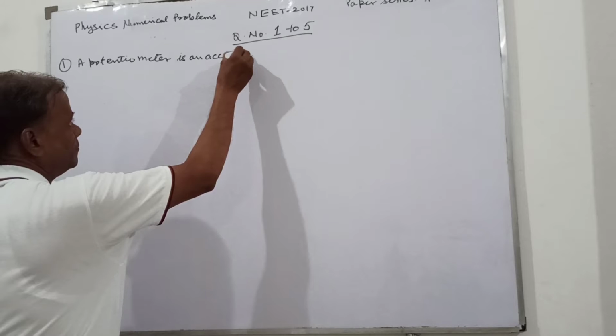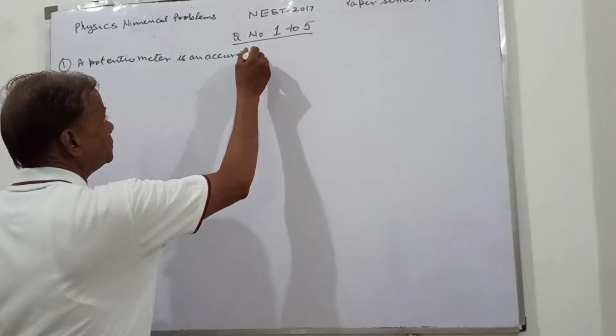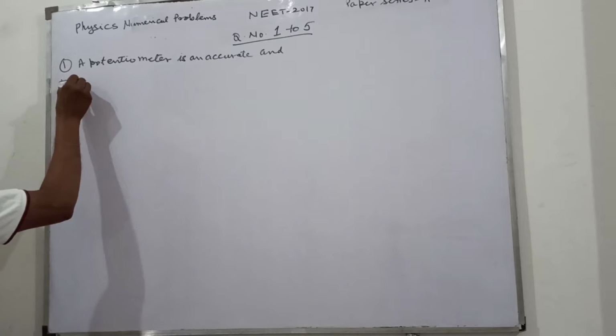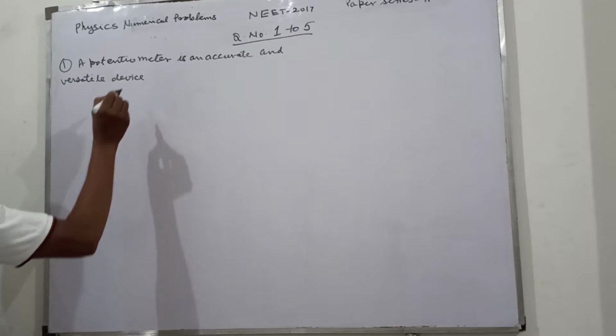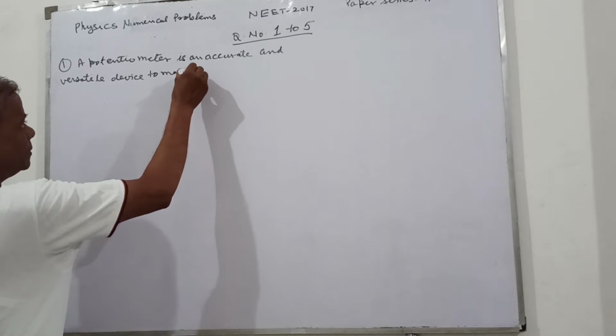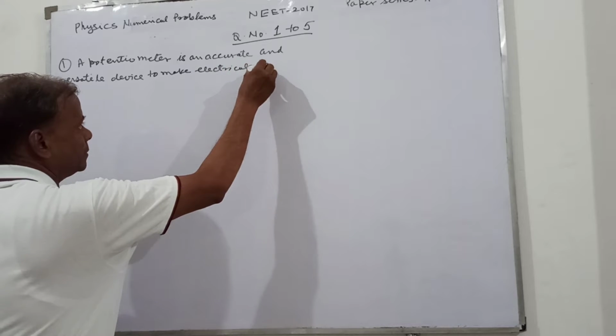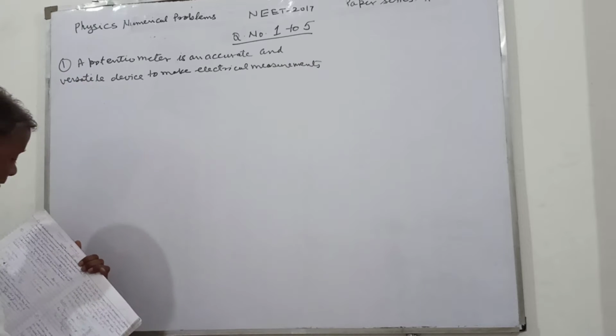A potentiometer is an accurate and versatile device to make electrical measurements of EMF because the method involves